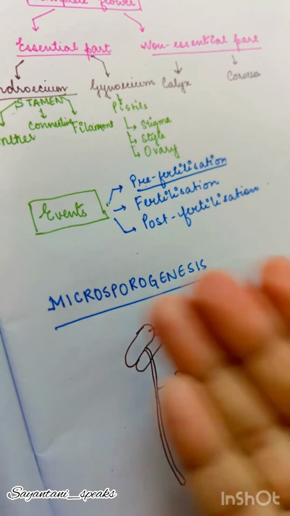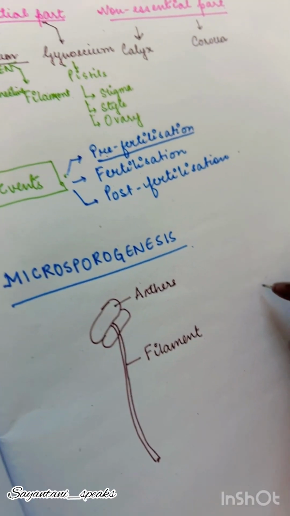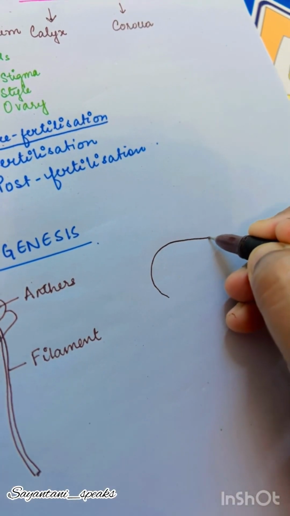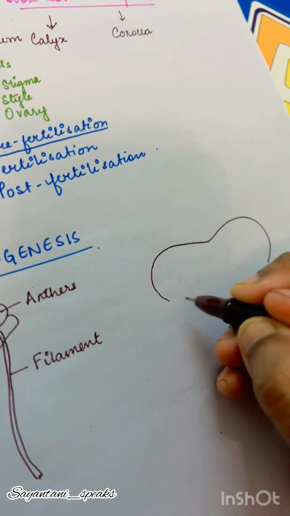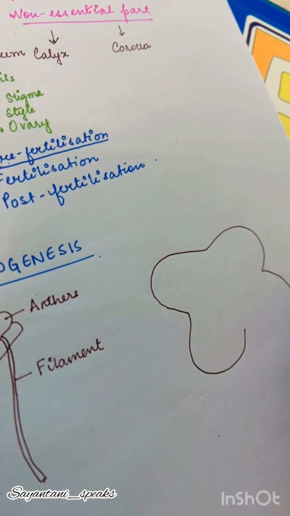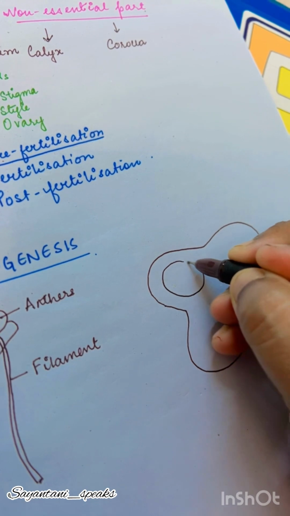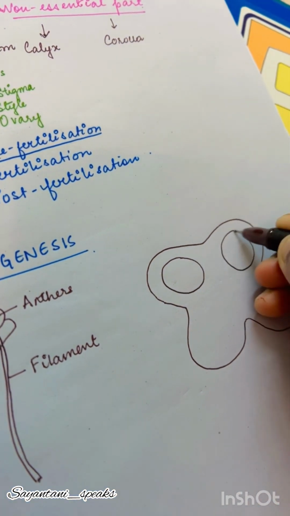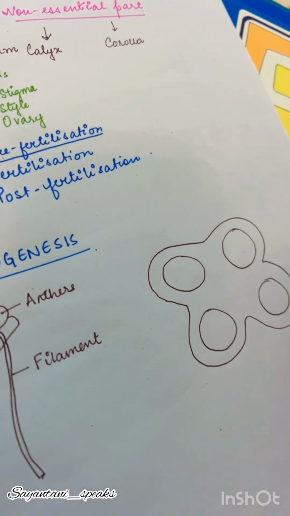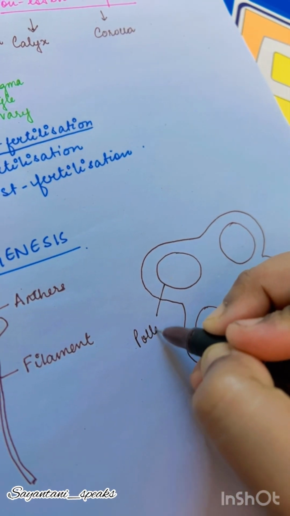If we go for a transverse section through this, we will be able to see some structure like this, wherein on the four corners we'll see some sac-like structures. These sac-like structures are known as pollen sacs,